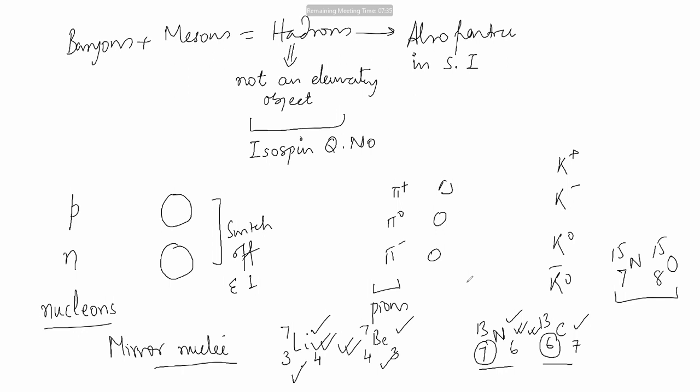Therefore, the study of masses of the mirror nuclei was the compelling evidence to understand that a strong interaction does not distinguish between a proton and a neutron. And that is why it is written that the force between a proton and a proton in a strong interaction is the same as between a proton and a neutron, and between two neutrons. This is true only for the strong interaction.